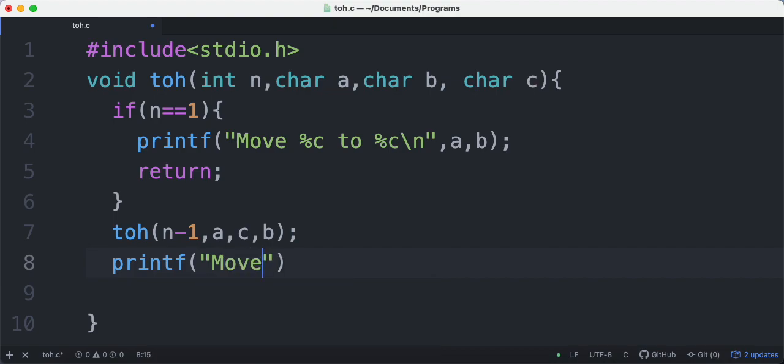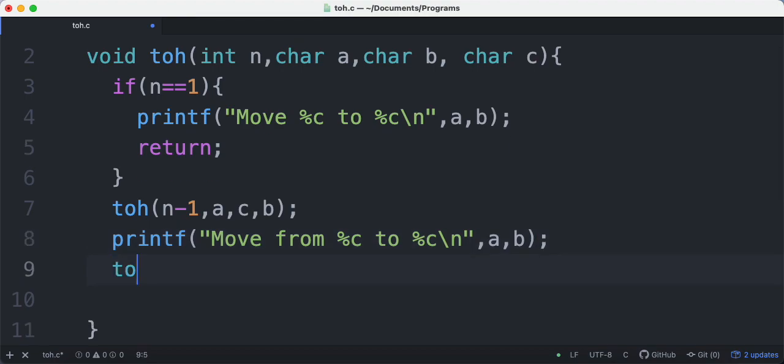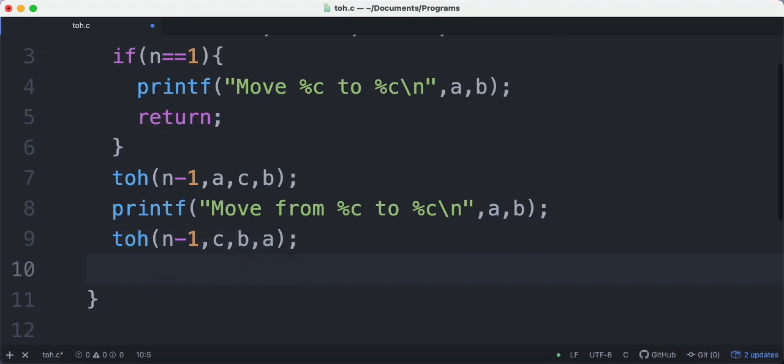Move from %c to %c, and let's say \n, from A to B. This is what we are moving. Then we are calling again for n minus 1, but this time the disks are available at C, that is auxiliary, and we have to move them to B using A as auxiliary. That's what we are doing.